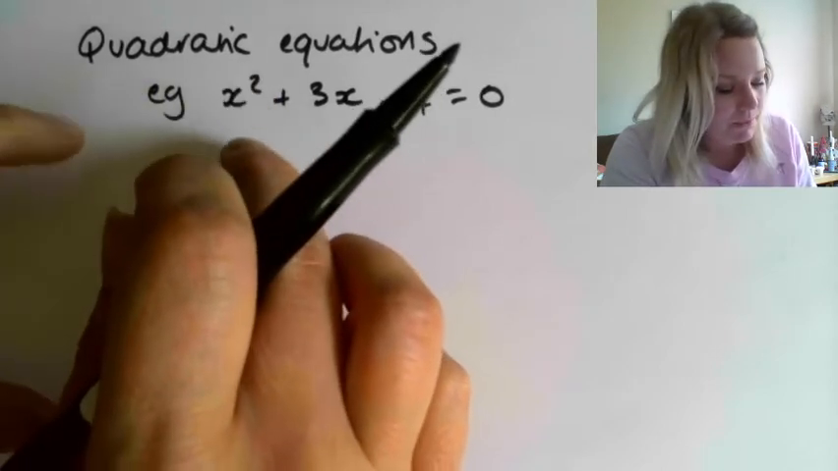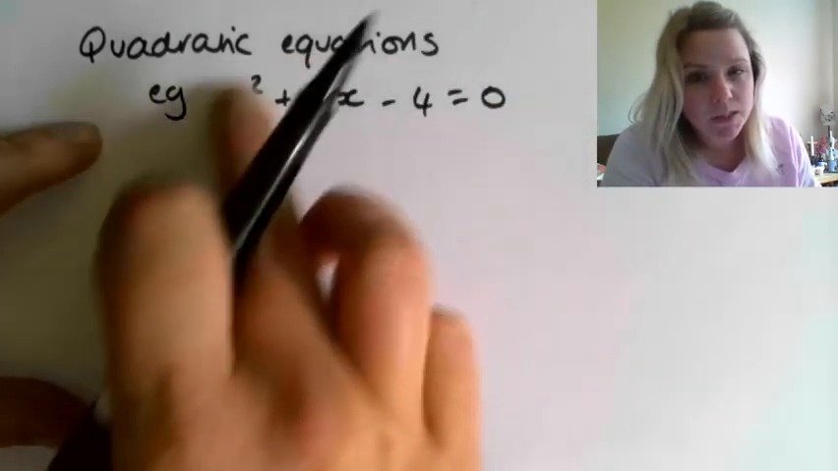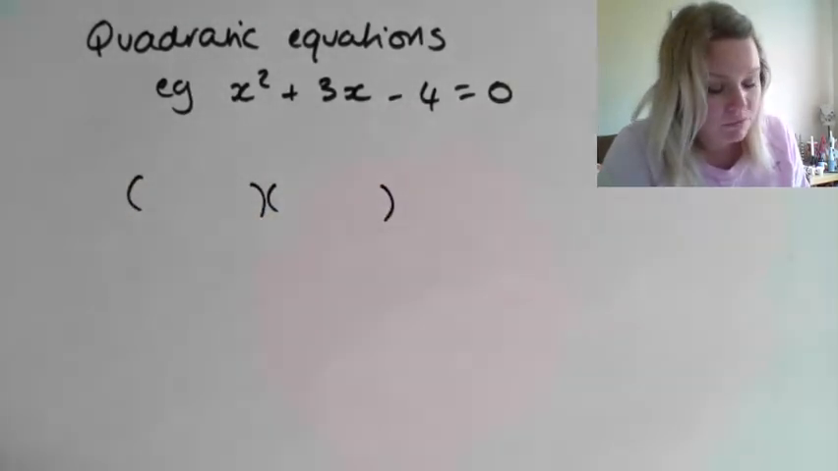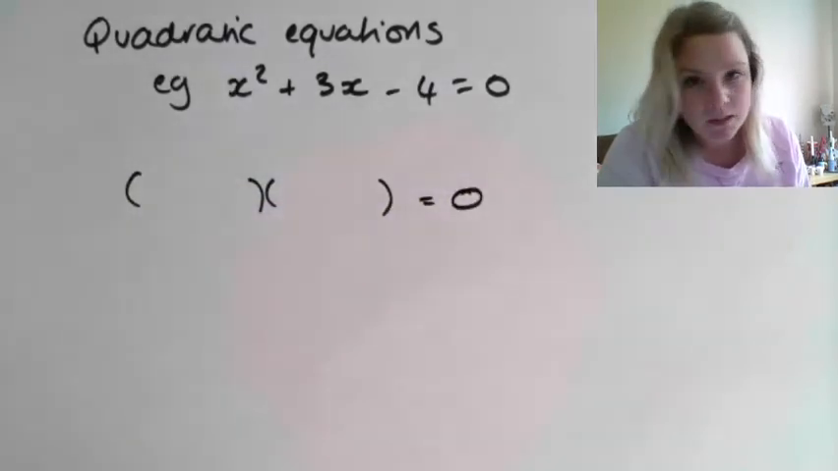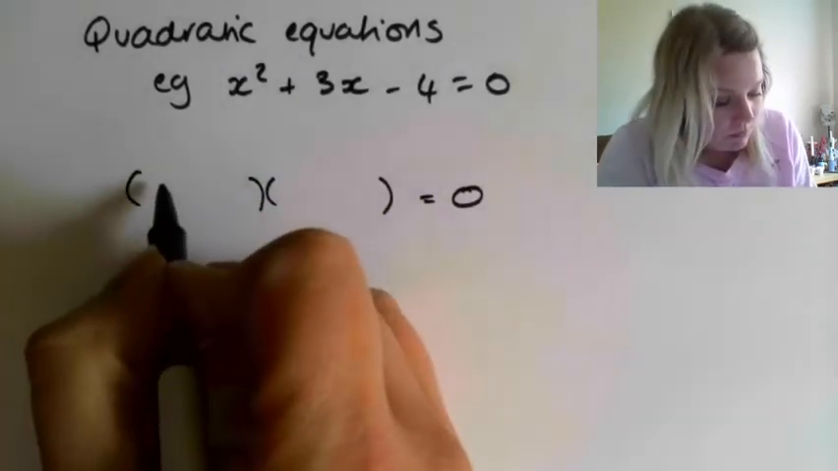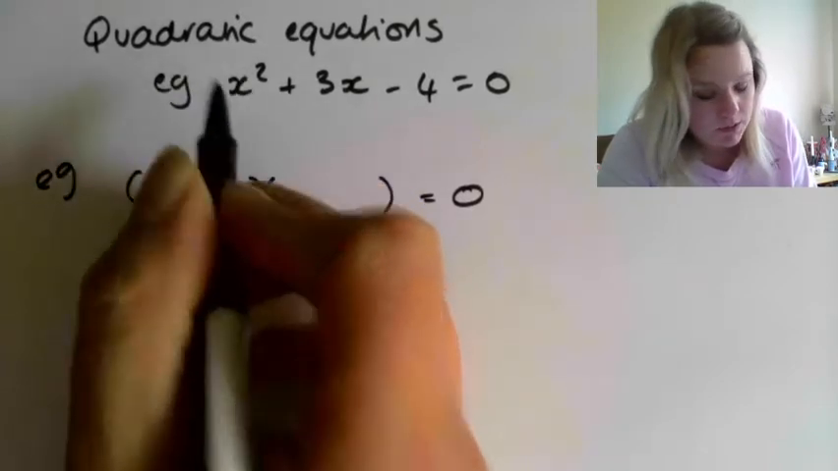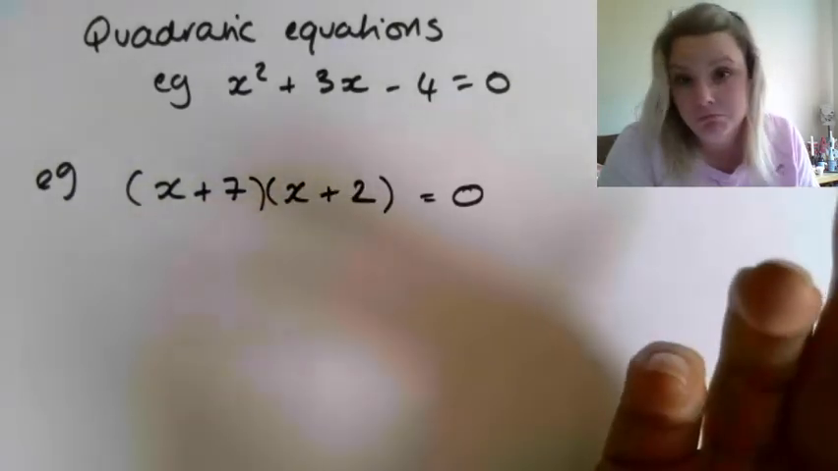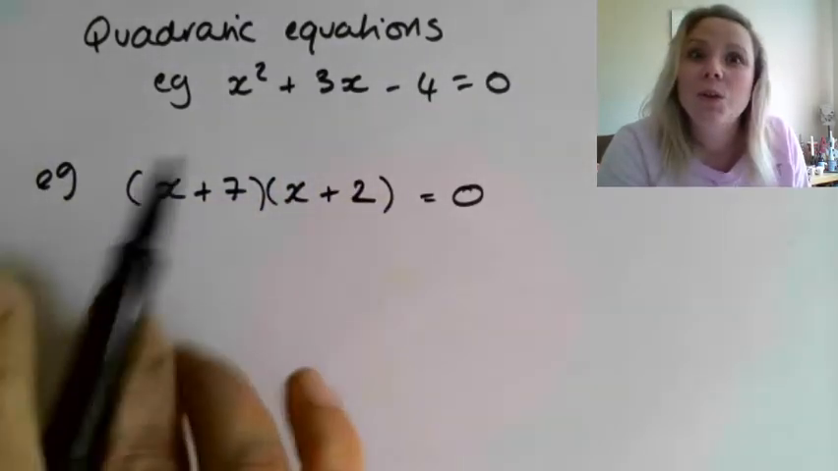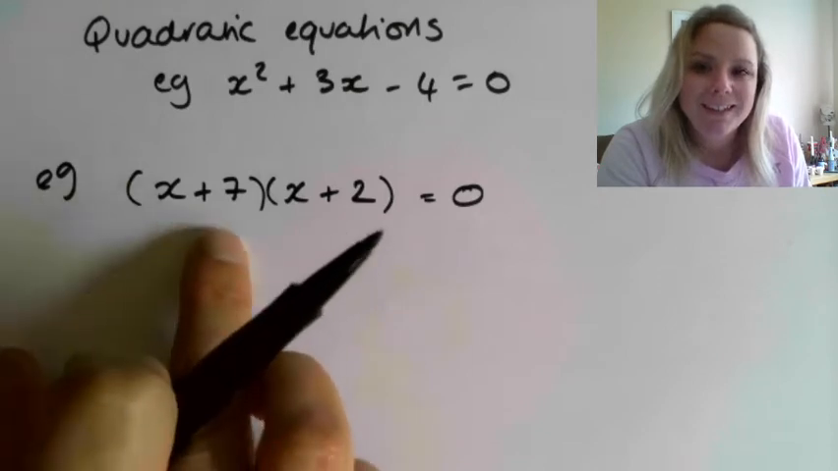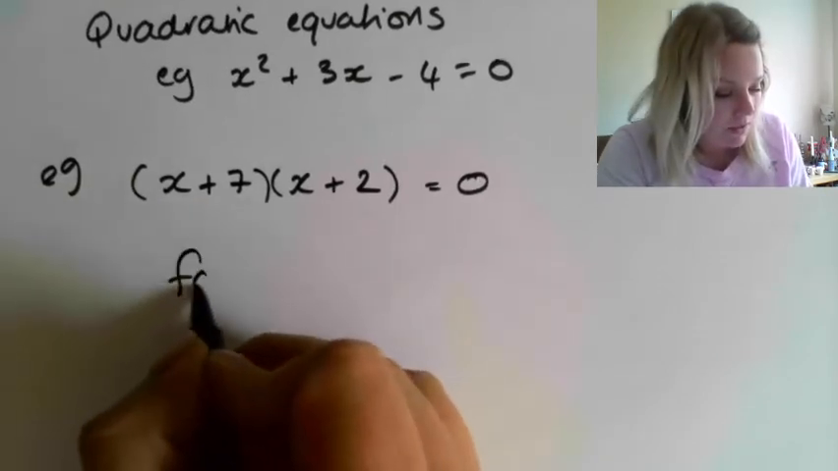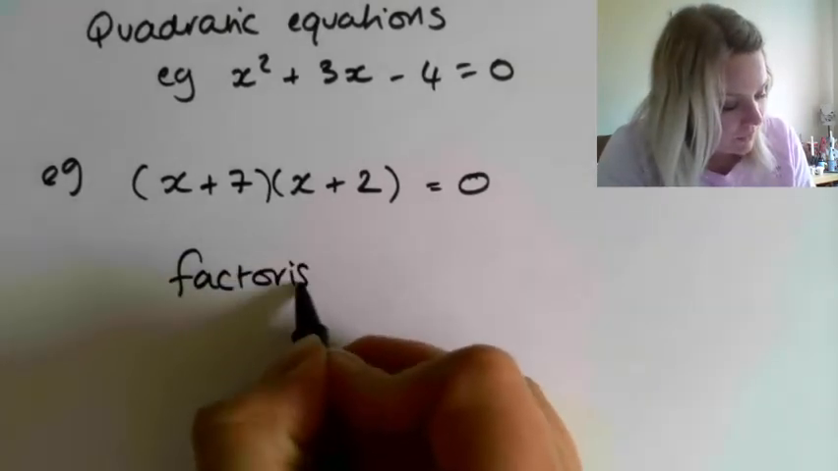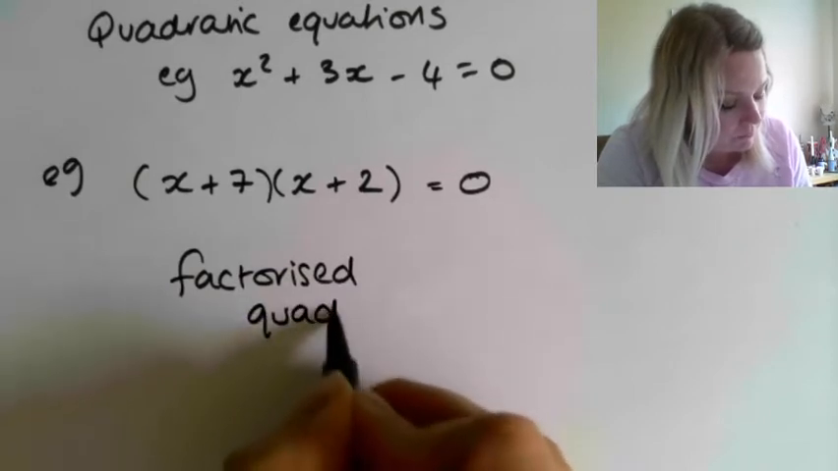Now I did also mention that quadratic equations, whenever they are factorized, will always be in the form of two brackets, like the opposite of FOIL. So for example, and this is not going to match with this one up here, x plus 7 and x plus 2, right? So even though this doesn't look like a quadratic equation, it is a quadratic equation. It's just a quadratic equation that has already been factorized. So a factorized quadratic equation